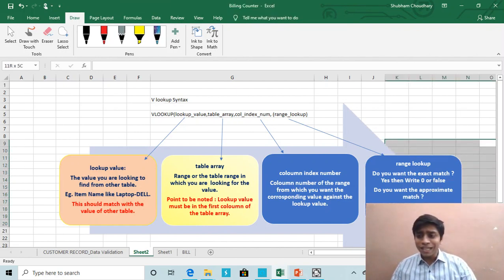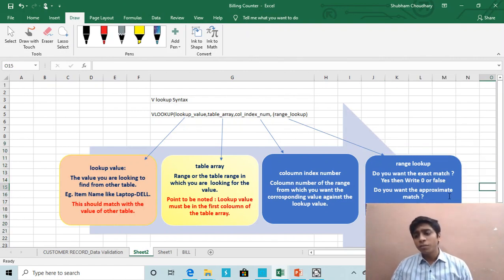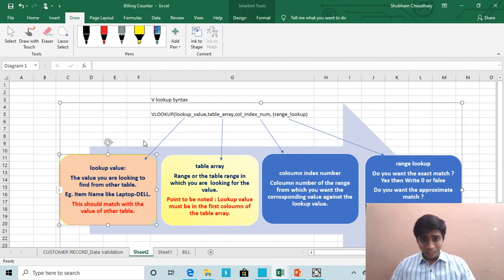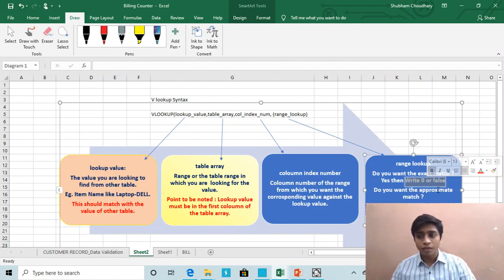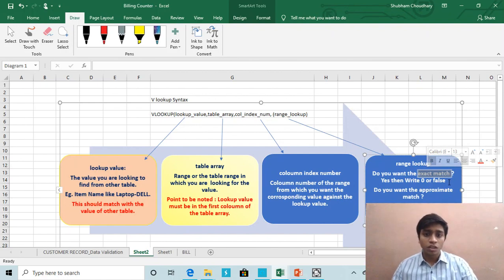By exact match or approximate match, it means Excel will go on searching the lookup value in the table array, but if it does not find the exact match, then with 0 or false in the range lookup it will not return any value. It will answer only when it finds the exact value.